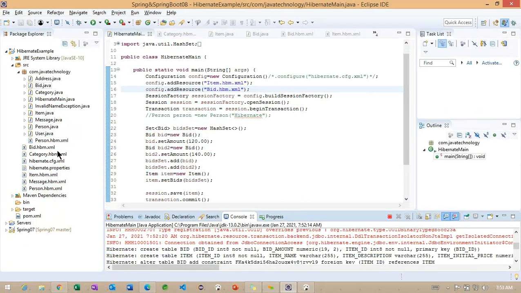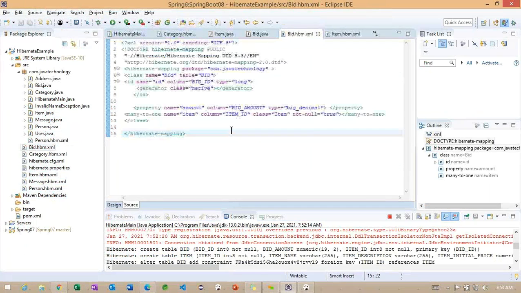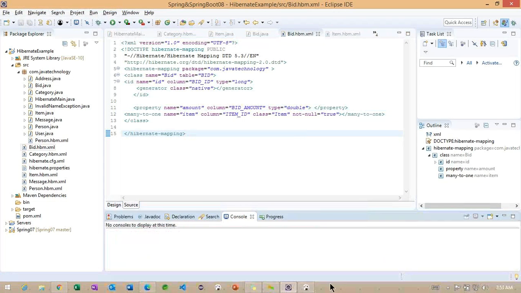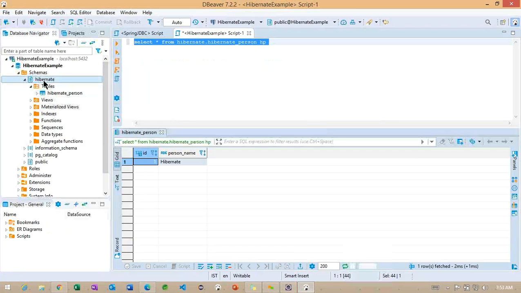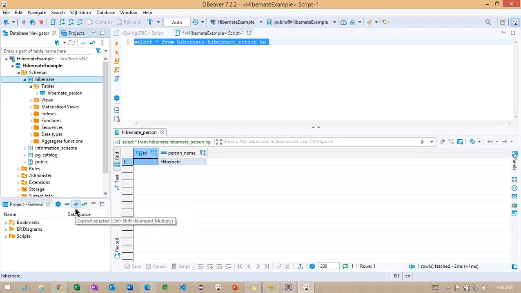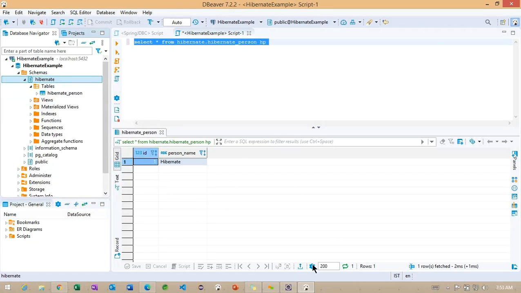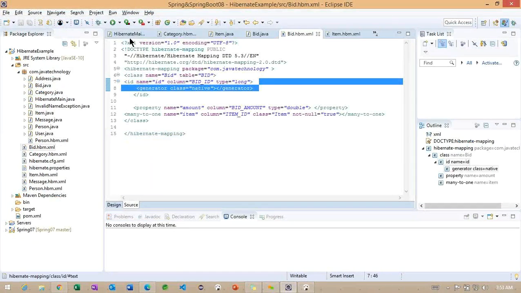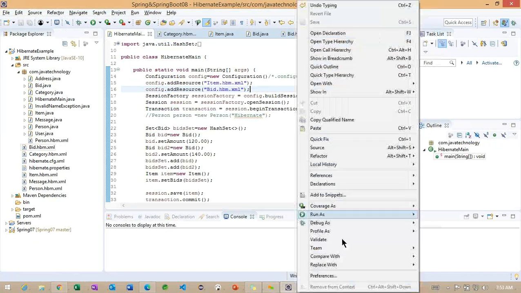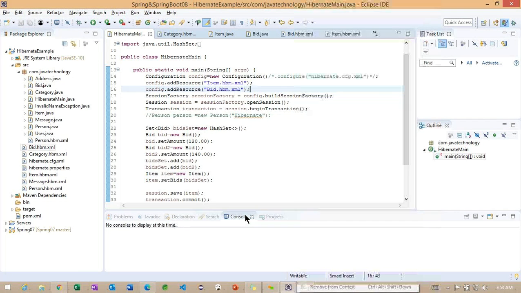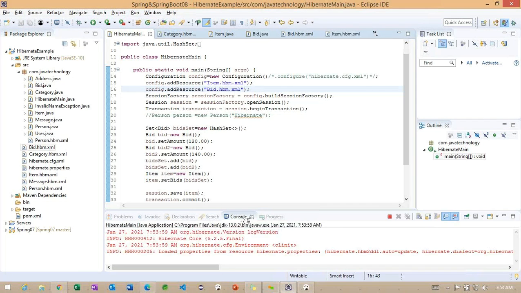Let me change the mapping file of this particular bid, double. If we want to check here, the tables, I think they're already created. No, because we got an exception, the tables are rolled back. Again, I'm trying to run.